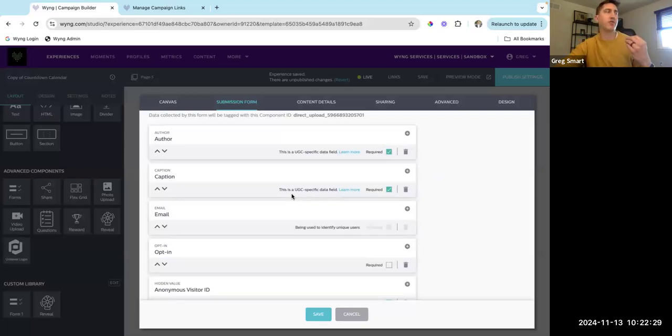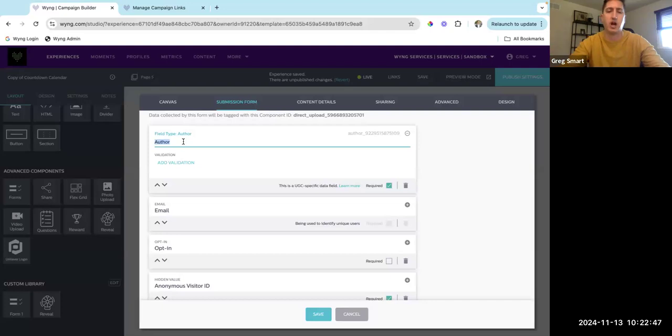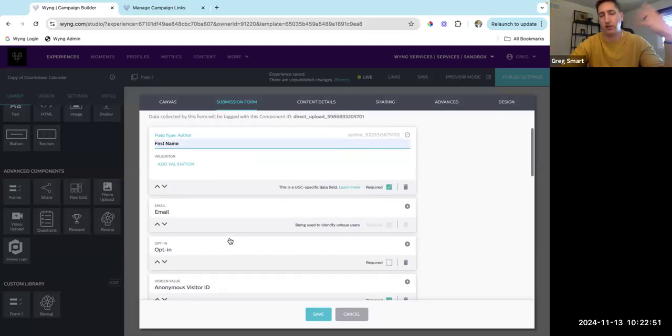A lot of the times for the receipt upload submissions, we see caption get removed because we really just want to capture that receipt. There's really no need for a caption at that point, so you can remove that. We also sometimes see that the author field gets removed. You can leave this. More commonly, we'll see author get changed to first name, and then you'll add a last